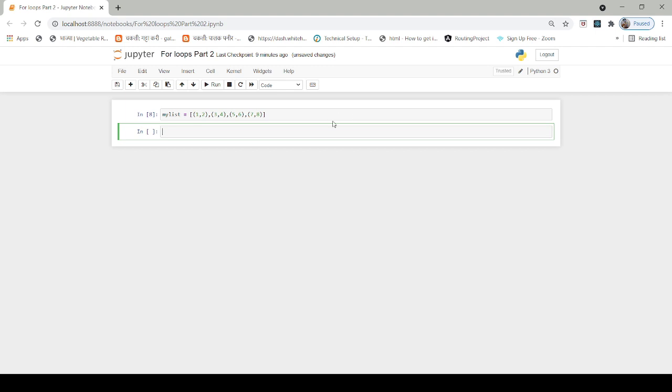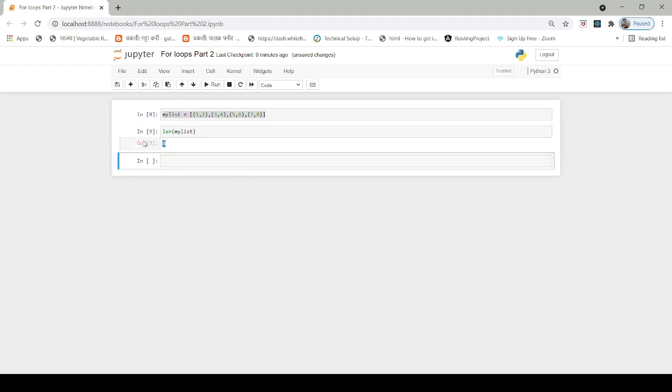it's going to save that. Let's first check the length of it before iterating through it. If we use len of my list, it's going to say 4 because there are 4 pairs. It's not going to say 8 elements because they are pairs. So now let's try to iterate through it. First, let's choose C and D in my list,